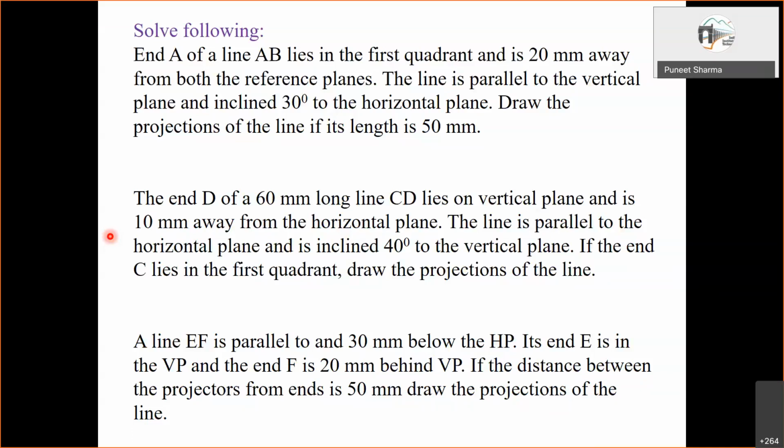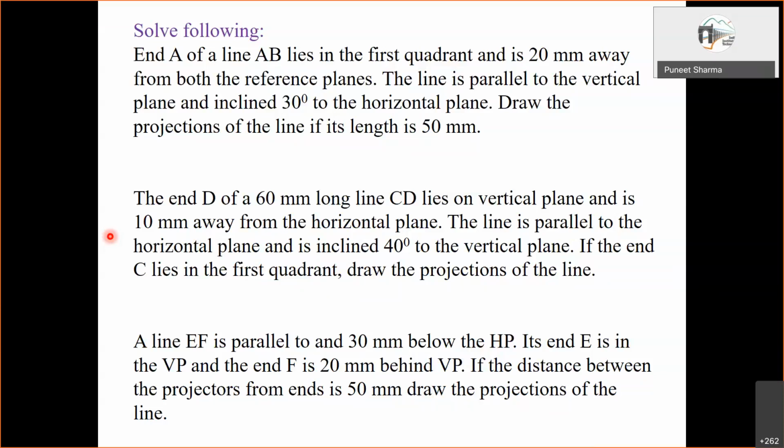So now here we have, say, how we will be able to locate the line. Point C is in the first quadrant, okay? So that means C is in the first quadrant, we move parallel to the horizontal plane, and D will be in the vertical plane. Okay, so the line as such will be lying in the first quadrant. Only point D will be on the vertical plane. Okay, and then we have to draw the projections.